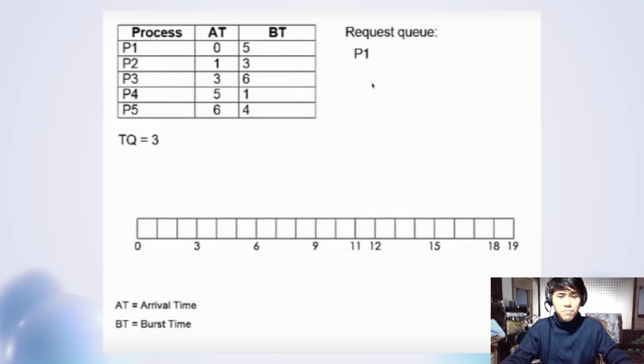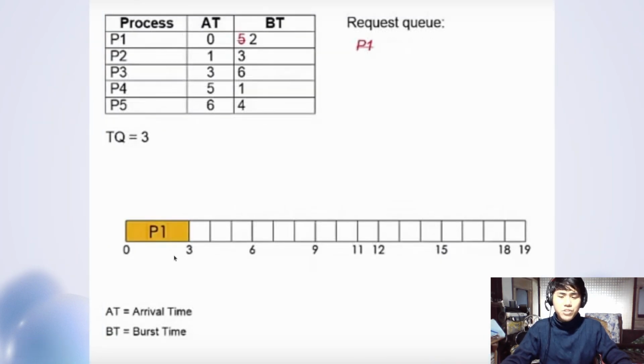So P1 will be put into the visualization here. But as you can see, our burst time is 5, meaning we still have 2 more seconds for P1. So P1 is not finished, but the computer will stop the P1 process, and it will run again in the future